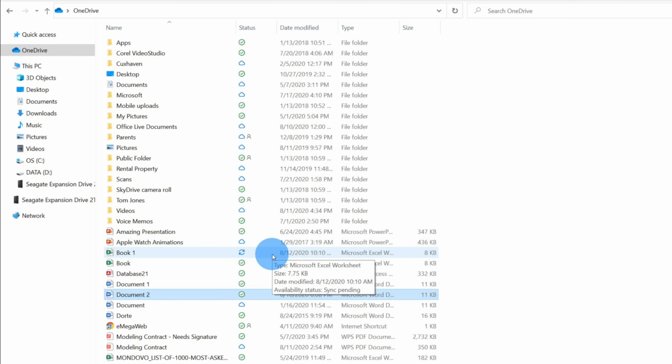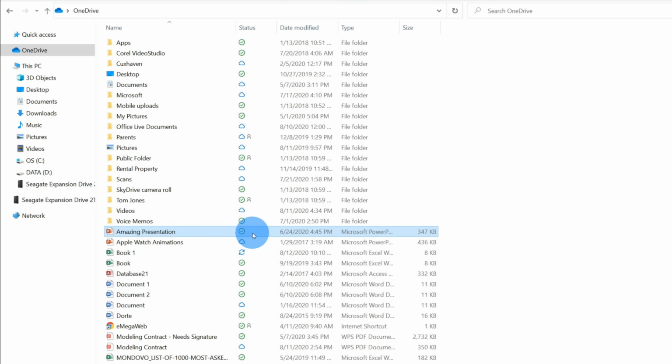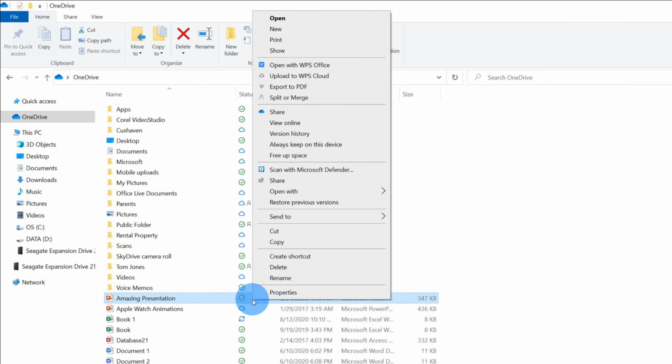That means that OneDrive is currently syncing the file between my computer and on the cloud. I want to show you some of the actions that you could take when you have a file or a folder in OneDrive. So I'm going to right click on this file called Amazing Presentation. When I right click on it, this opens up the context menu,